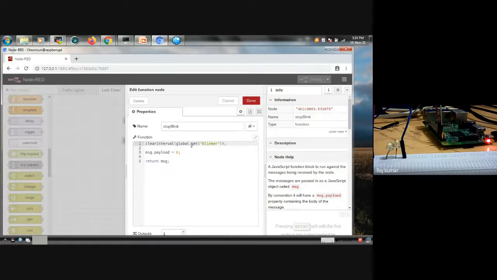Global means in the previous node we have specified a global variable that will be called get blinker. When you call this get blinker, that message payload will become 0, entirely set to 0. Then the entire flow will be stopped. So finally this will return the message as 0 to this particular node.